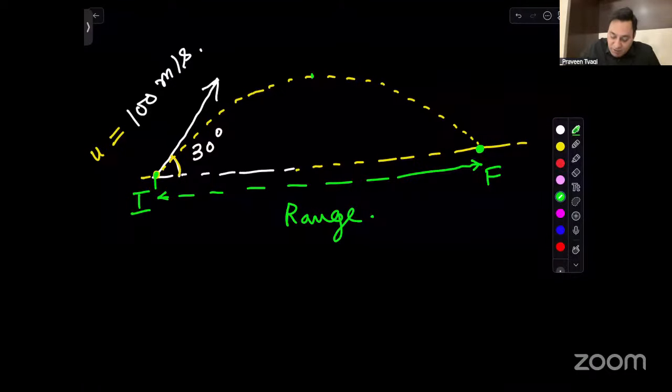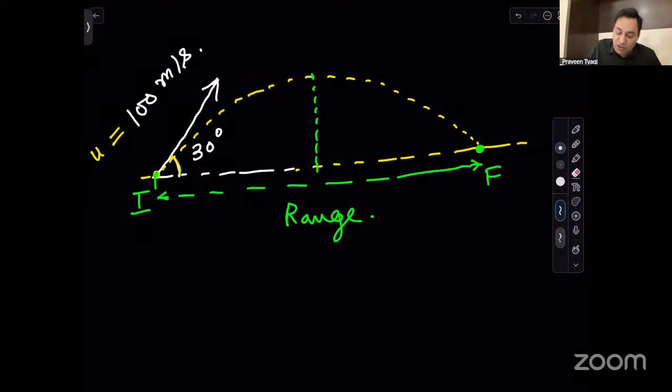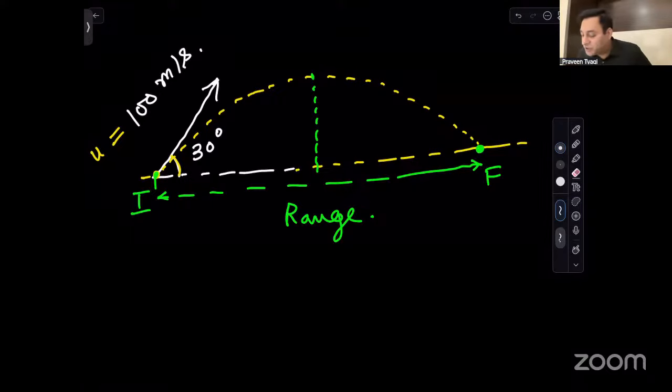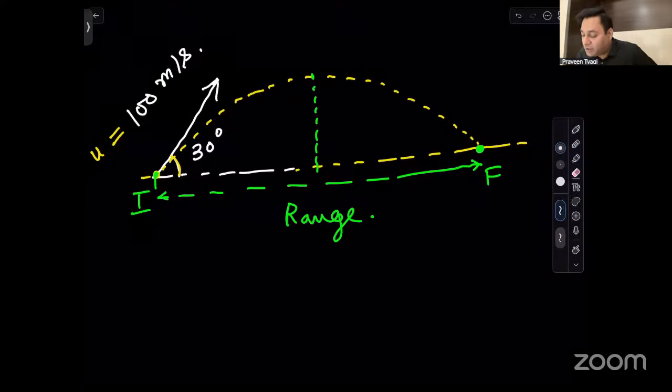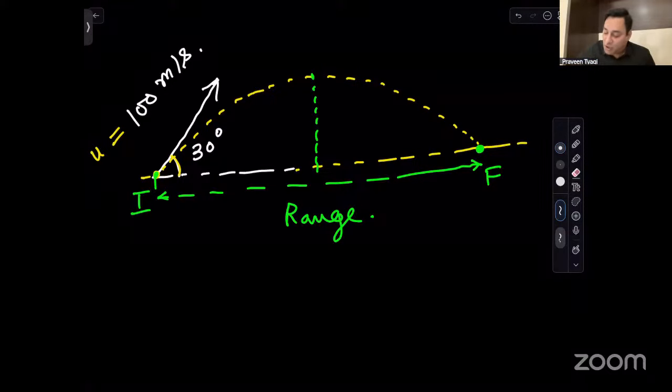This is a point where it attained maximum height. So this is the maximum height of the projectile that it attains. And I may ask you what is the maximum height attained. I may ask you what is the range. I may ask you a lot of questions based on projectile motion. But to derive all these and to solve all the questions of projectile motion, all you have to do is